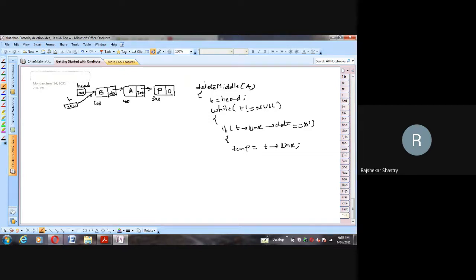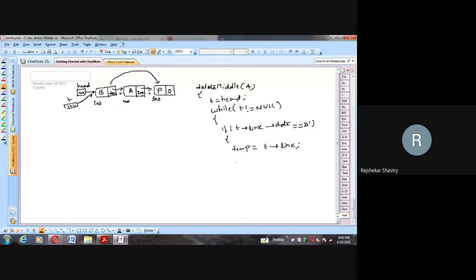You have to remove both the right side link of this A as well as this link also we have to remove. And the new link has to be established. It should point from B to P. So there, what that indication is that we purely separated that A. So that's the first step is over.